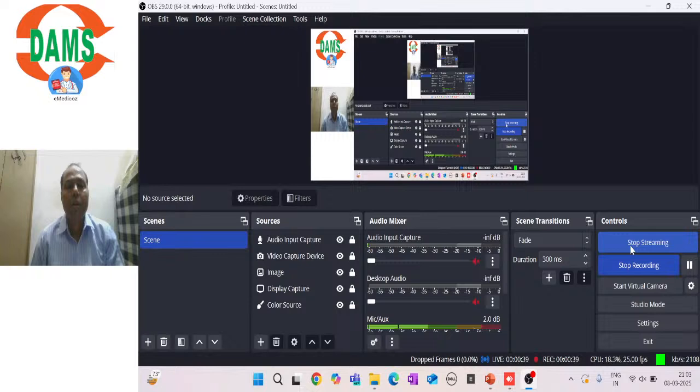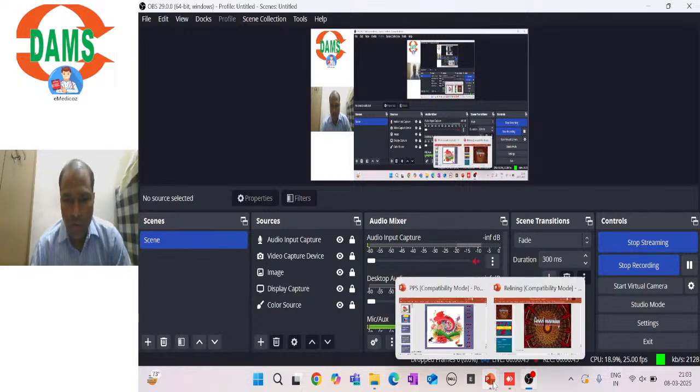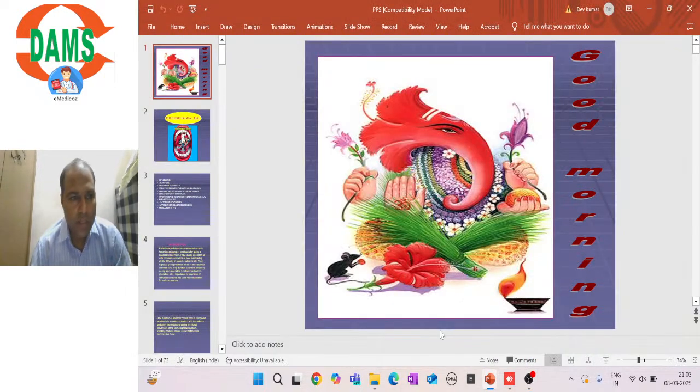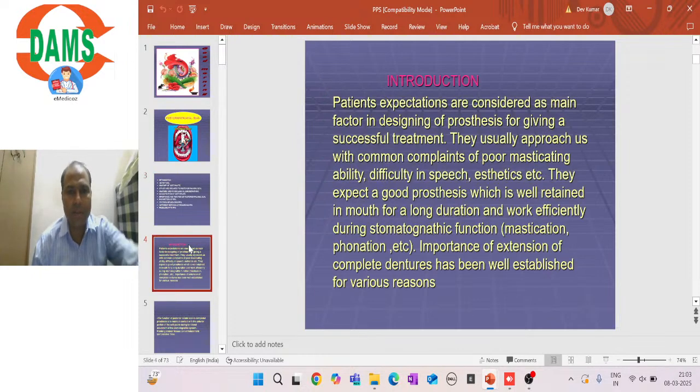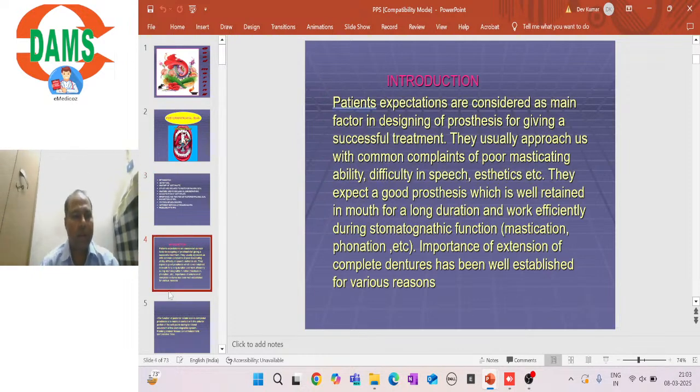Okay, so let us start one of the important topics in complete dentures, that is your posterior palatal seal area. It is one of the most important topics in complete dentures. Now, what is this PPS? Whenever we are talking about